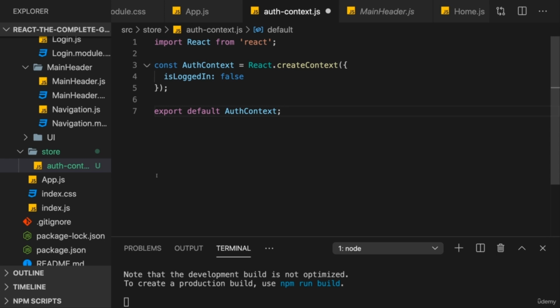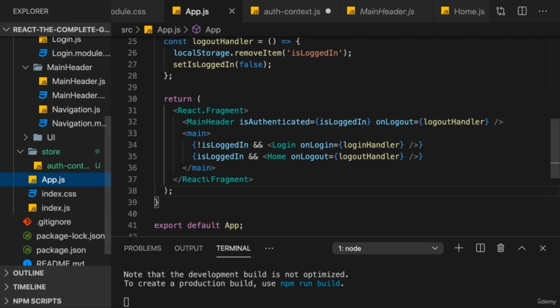You need to listen to it, if you want to call it like this. Now, providing is always the first step. Providing means that you wrap in JSX code all the components that should be able to tap into that context, so that should be able to listen to that context. Any component that's not wrapped will not be able to listen. So here, if we know that we need this context everywhere in the entire application, so in all components possibly, we want to wrap everything in the App component with it. If we knew that we only needed it, let's say, in the Login component and its child components, we could only wrap the Login component. But here we'll need it in the main header, we'll need it down there,